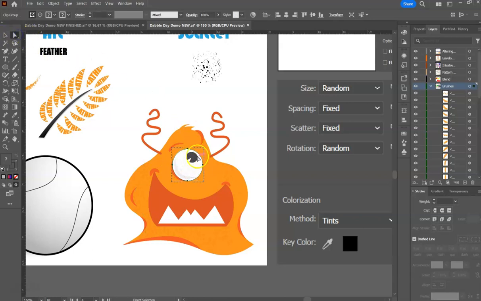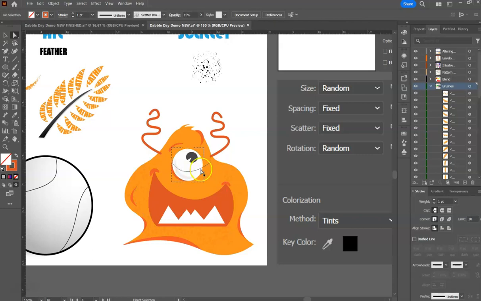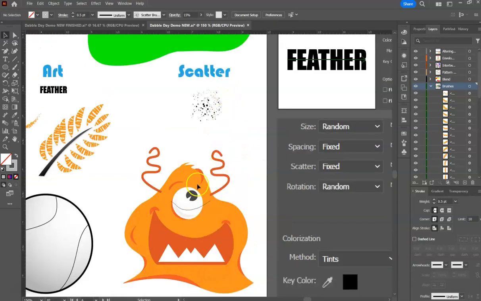Might have to get my white arrow to do that, the direct select. There we go. Okay, and then you can change your stroke weight if it's not showing up. You can change your stroke weight down if you want to mess with that a little bit more. So I just moved it down like a half. Didn't change too much, but it made the dots the same size dots. Okay, so that is working with the scatter brush, making a cool little dot pattern here,